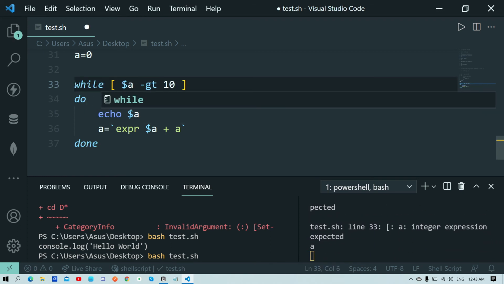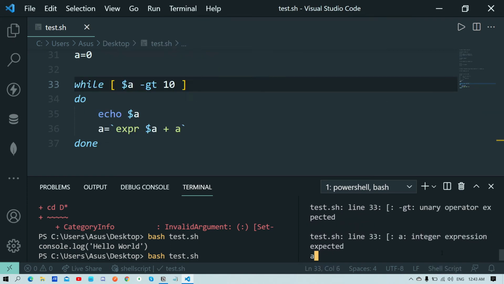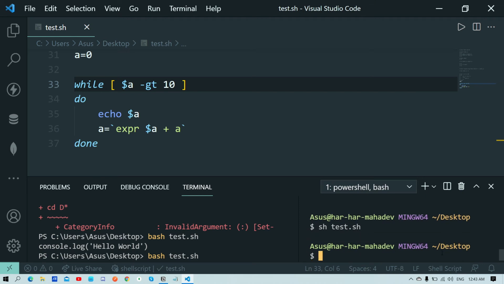But if I use while over here and close this, it won't print anything. I'll use LT. While and until are very similar. LT is not working because of a unary operator error, so we are missing something over here. Let's see what we are missing.